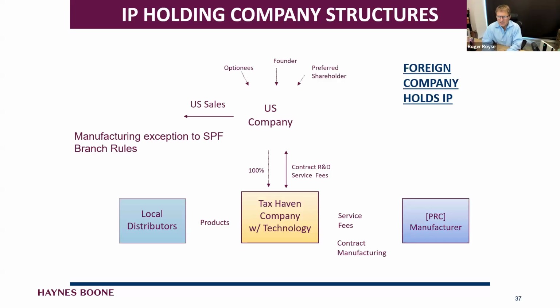They would have a 100% subsidiary in Cayman or BVI or someplace. And I've done this 100 times. We would have our intellectual property sitting in that tax haven, and then we would contract in China probably, or someplace else, maybe India, to manufacture. And we would rely on various exemptions from our anti-deferral rules to keep that income from being taxed in the